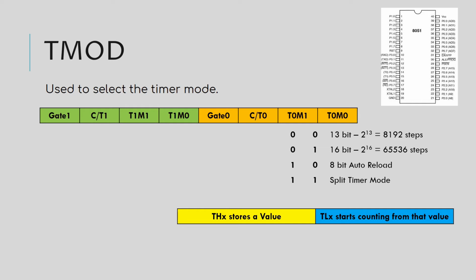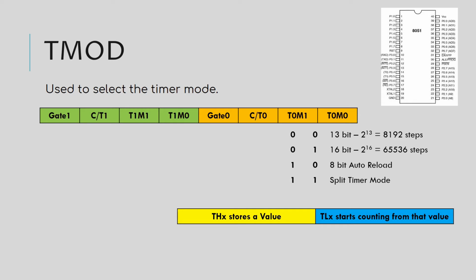So it will count like 250, 251, 252, 253, 254, 255. Then again it will come back to 250, because we have changed the reload value. In normal operation, the timer comes to 0, but here we are changing the reload value. And what is the reload value? That is 250, which is stored inside TH0. So I think you have understood this mode.